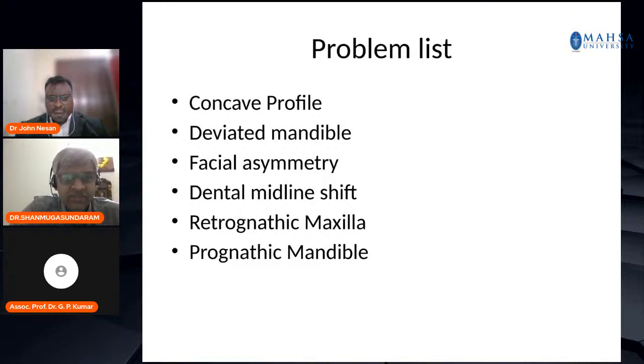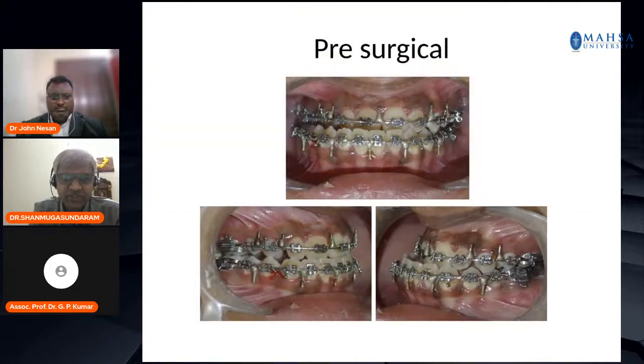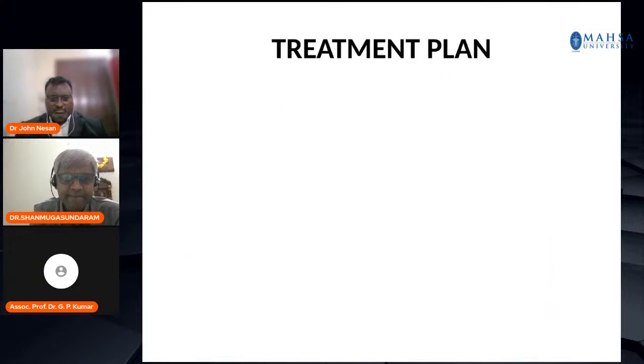After doing those analyses, we saw that there was a problem list which was summarized with concave profile, deviated mandible, facial asymmetry, dental midline shift, retrognathic maxilla, and prognathic mandible. So these are the frontal views of this patient and intraoral views. You can classically see there is a midline shift towards the right side. So when it comes to treatment planning,